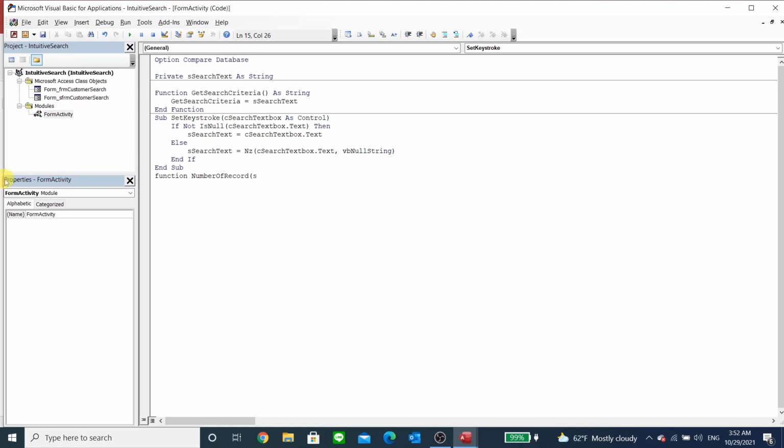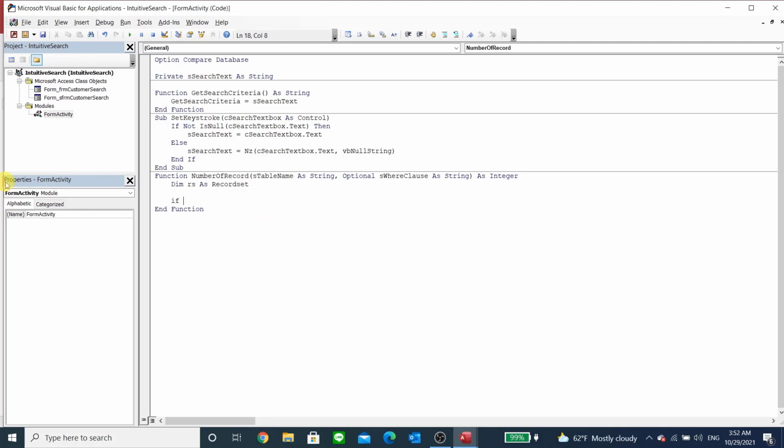That's not understandable. Let's call it table name as string, and then we're gonna put this optional where clause as string as integer. So that's what we want, and now we can say dim record set as record set, and then